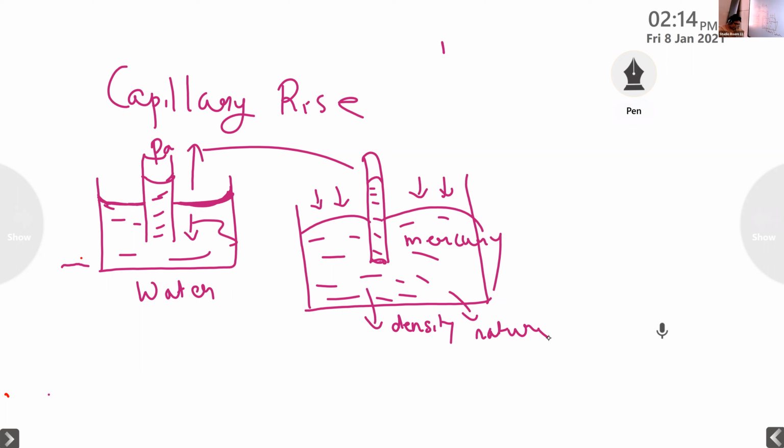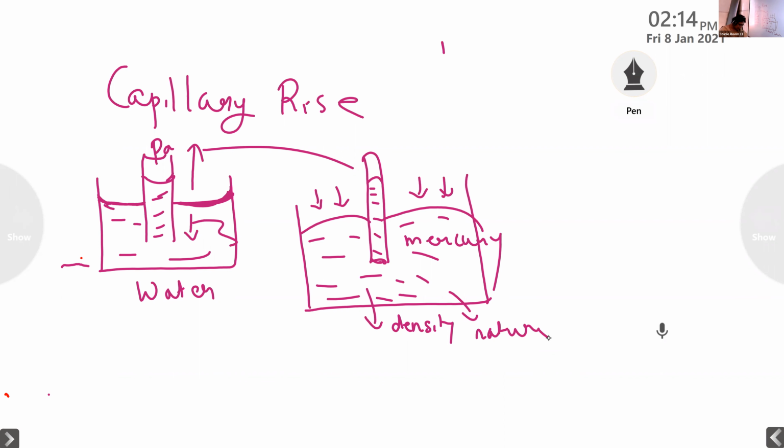So this is not a capillary rise. From this you can see, depending upon the pressure difference, the capillarity of a liquid fully depends upon the pressure difference between the liquid as well as the external air. Gravitational force can be a reason, density can be a reason, height also can be a reason. So all these affect capillary rise.